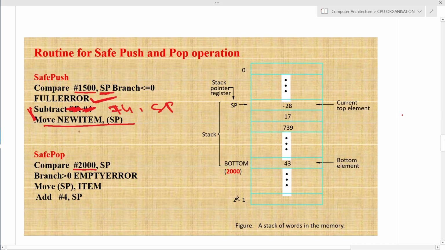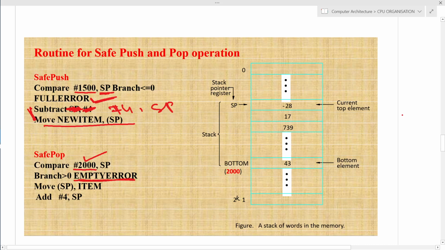In reverse, for the pop operation I have to compare with the bottom value, which I have considered in this example as 2000. If the comparison gives me a branch value greater than 0, then that indicates that the stack is empty and I cannot pop from the stack.